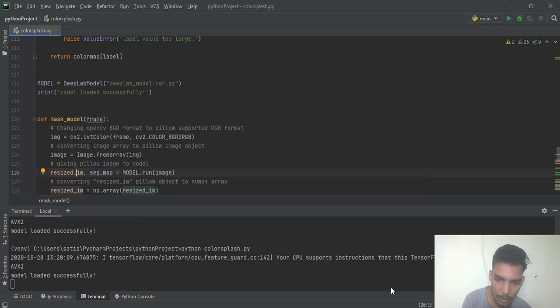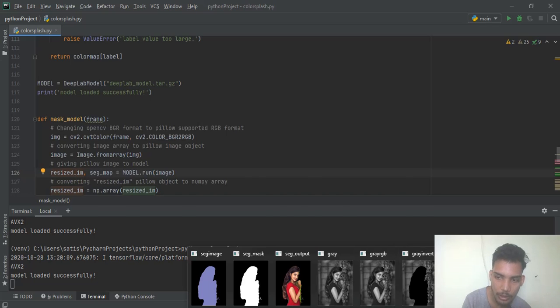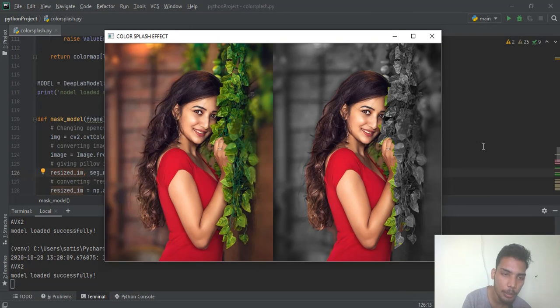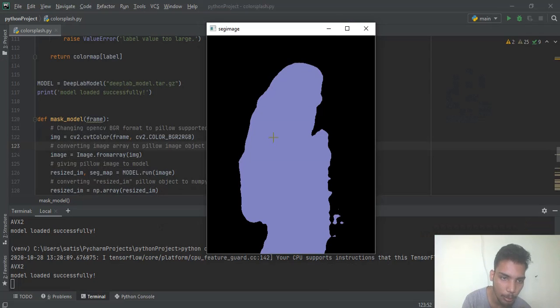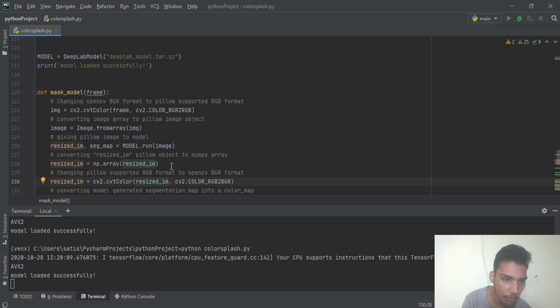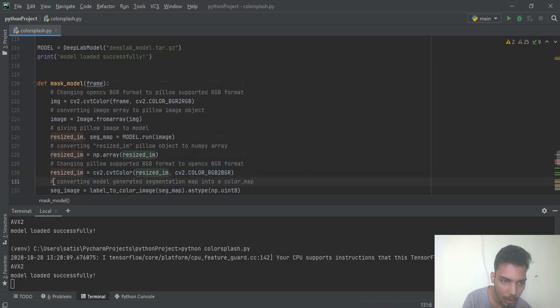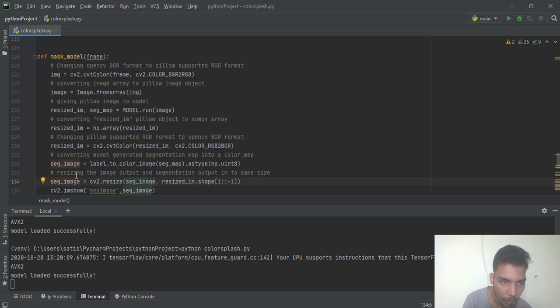The resized image is nothing but the original image, like this left part of the original image. The segmentation map is this. We will get a segmentation map from the model, but the resized image should be converted from pillow again to array format, a numpy array. After converting into an array, it is again converted into the OpenCV format. After converting it into OpenCV format, the resized image is kept aside, and then we will take the